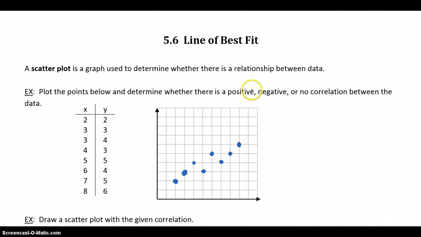Positive. Why positive? Yeah, if you wanted to put some more points on this graph, you could predict that they're going to keep going up and to the right. Okay, so from left to right, just like you read a book, the data is going up. So that is a positive correlation. Okay, next